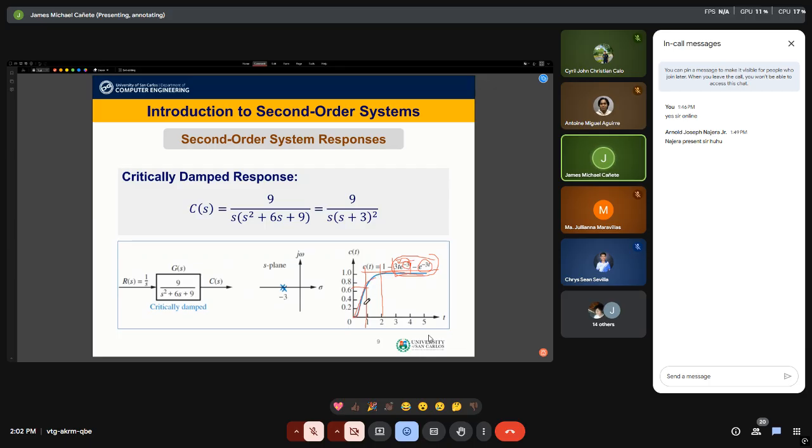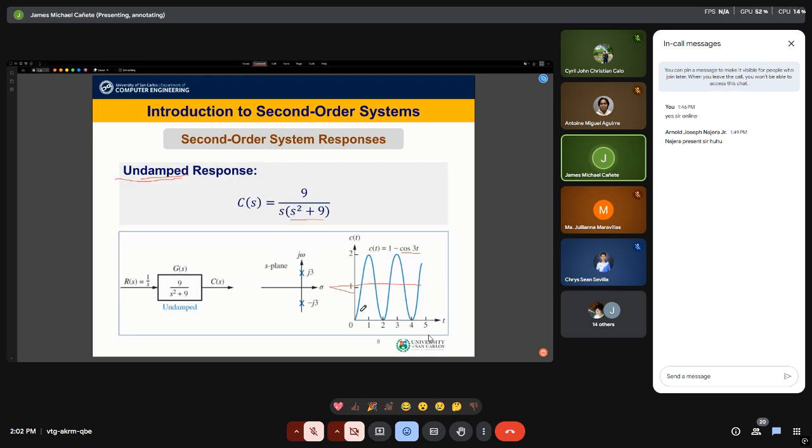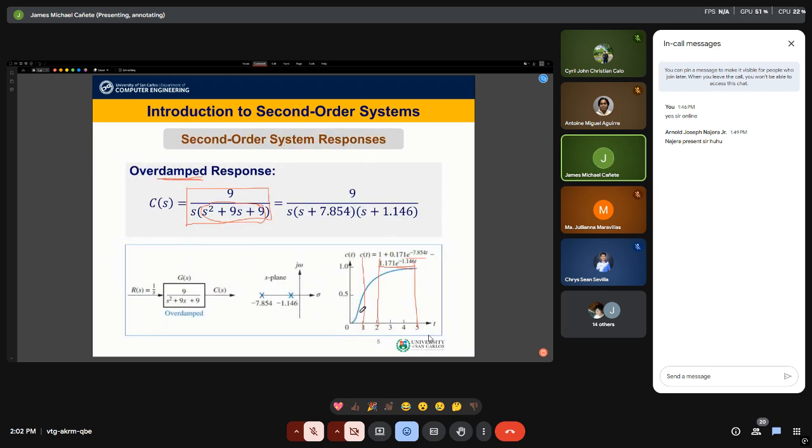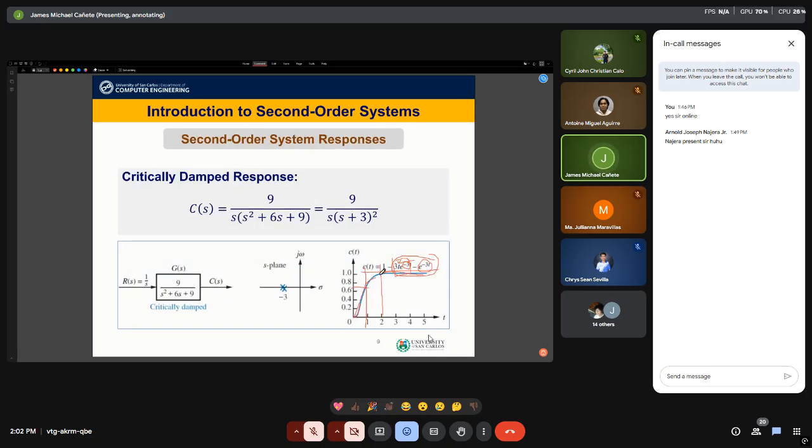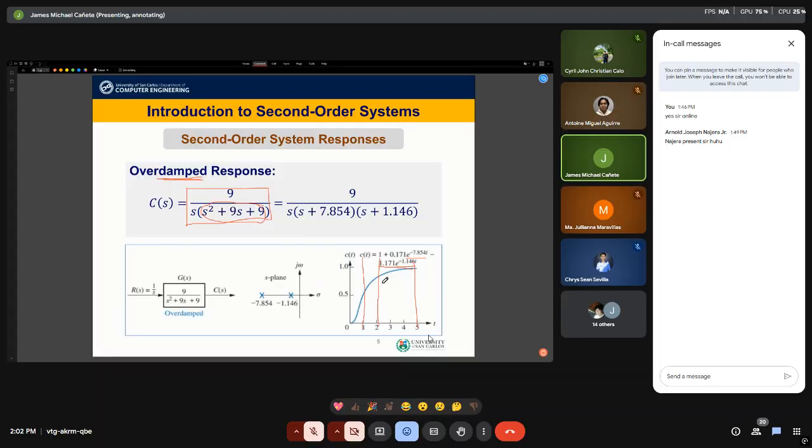This looks very similar to an underdamped system. Sorry, overdamped system. But if we compare it, look at the timestamp here too. At 2 seconds here, it has already reached its final value. So in a way, we can see that this is faster. It reaches your final value at a quicker time than the underdamped or the overdamped response of a second order system.